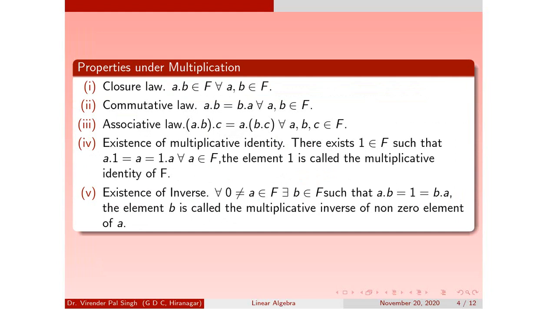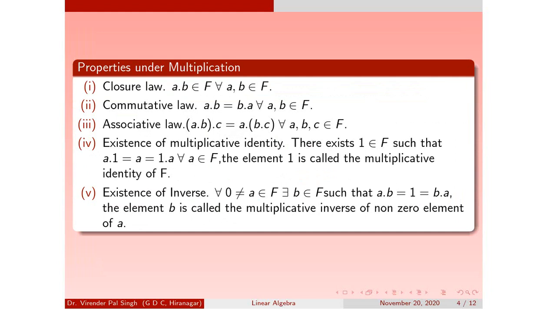Next, fifth property is existence of inverse. Every non-zero element of the field must possess its multiplicative inverse. In addition, we did not talk about non-zero elements, but in multiplication we are talking that every non-zero element must possess its multiplicative inverse. It means for every non-zero a of the element of the set F, there must exist